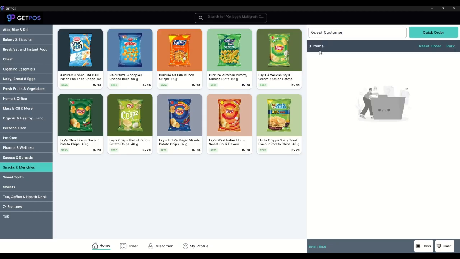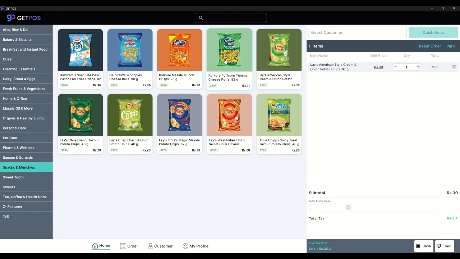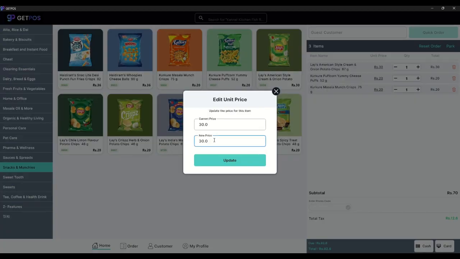Here we will select the guest customer and we can start the order process. Let's say he wants to buy these items. These items have been added in the cart. Here it is showing the unit price, here it is showing the quantity, and here it is showing the total. Unit price of the items can also be edited,